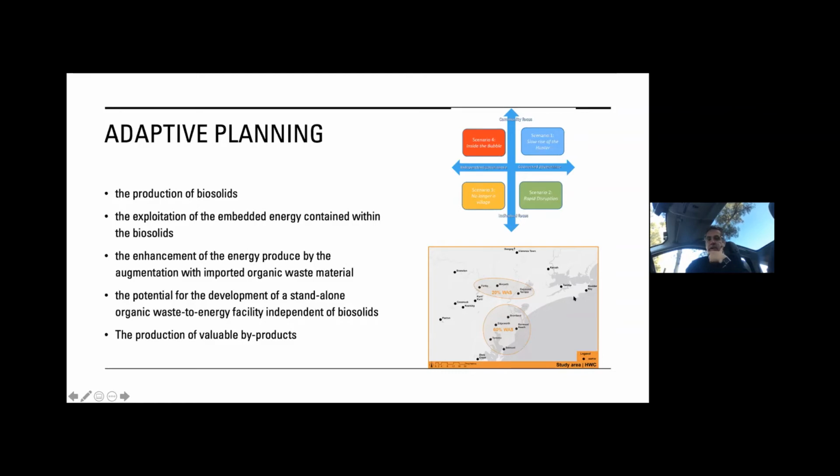These black dots represent a number of wastewater facilities in a particular region. And we looked and found that 80% of the waste activated sludge is produced in a fairly tight band. But none of these sites have sufficient biosolids to have a standalone facility. So this was the idea of centralization, and looking at what the synergies and benefits from centralization are, and